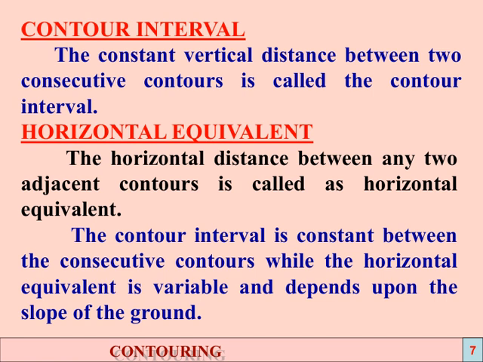Now, moving on to the horizontal equivalent. This is the horizontal distance between any two adjacent contours. Unlike the vertical difference, this horizontal distance can vary depending on how steep or gentle the slope is. It's important to remember that while the contour interval remains constant between contours, the horizontal equivalent is variable. If the ground is steep, the horizontal distance between contours will be small, but on gentle slopes, it will be